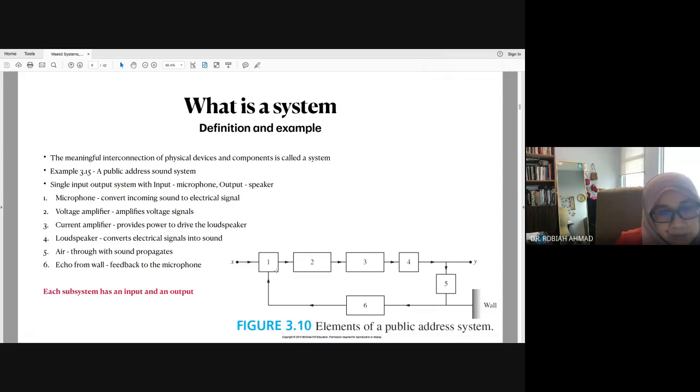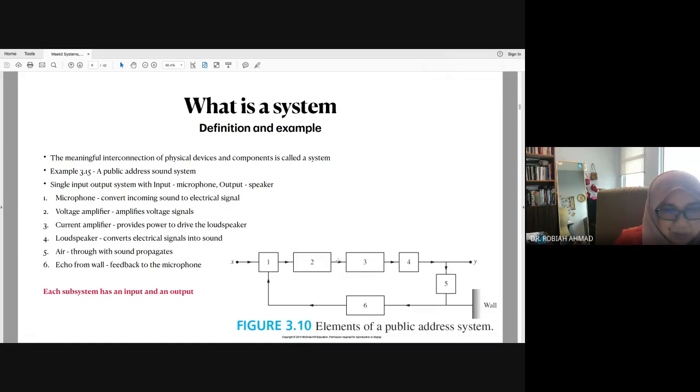It will convert the incoming sound to an electrical signal, and this electrical signal will be the input for subcomponent 2, which is a voltage amplifier, which will amplify it. Just now, initially the sound was converted into electrical, which in this case is voltage. So these two will amplify the voltage as the input, and then the output will be either voltage